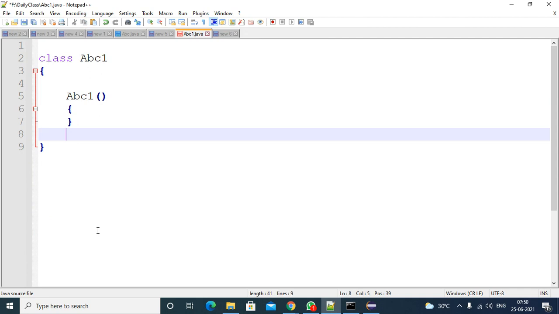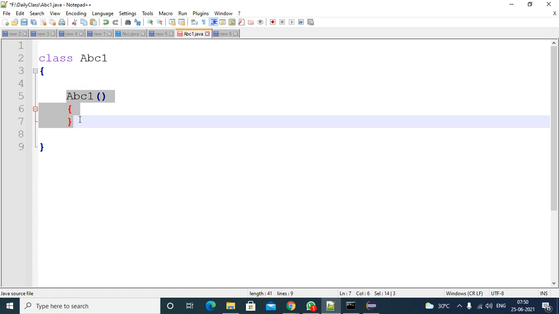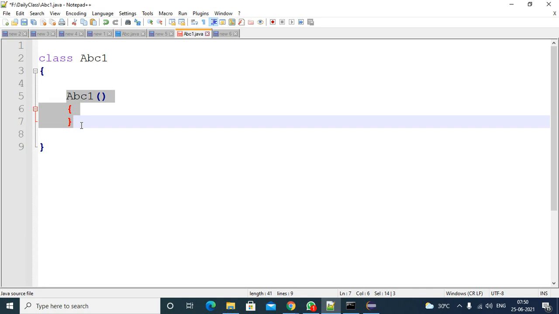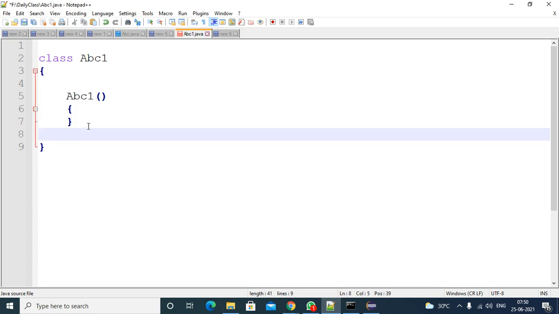So this is over. Now, when will the constructor be called? Second point. If you want to call the constructor, in that class or in any class, you must create the object for this class. If you create the object, only then will the constructor be called and executed. Otherwise it won't be called. Okay. So to call the constructor, what is the fundamental rule? You must create the object. Without creating the object, the constructor will not be called.